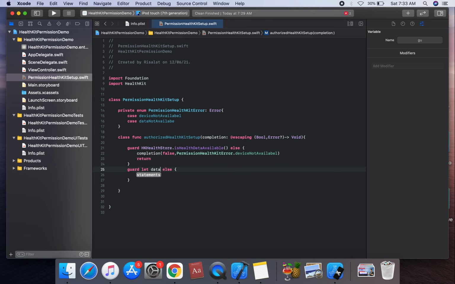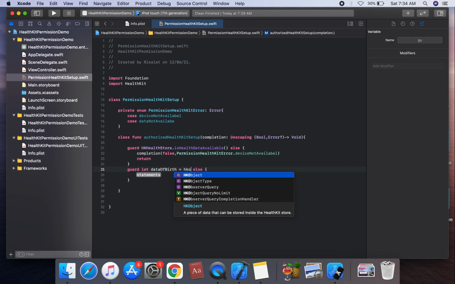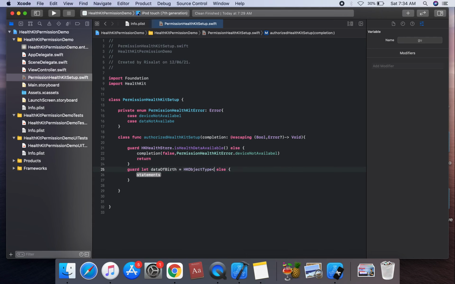Suppose firstly date of birth, which is of type HK object type, and this is a characteristic type.